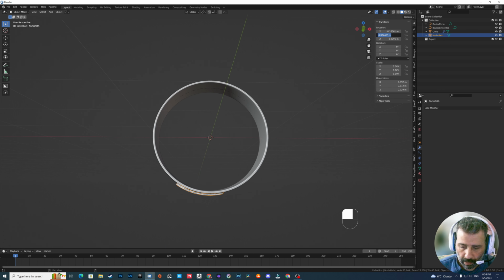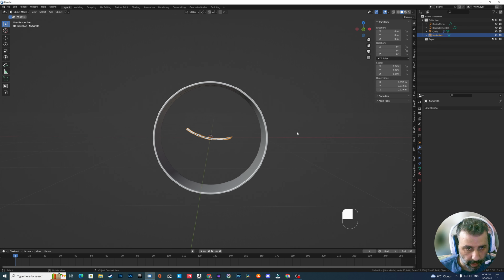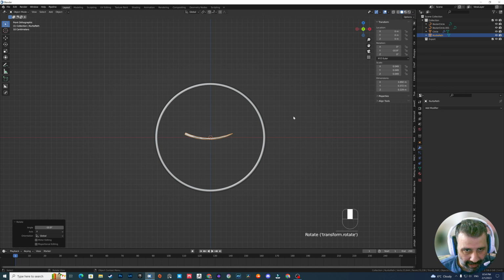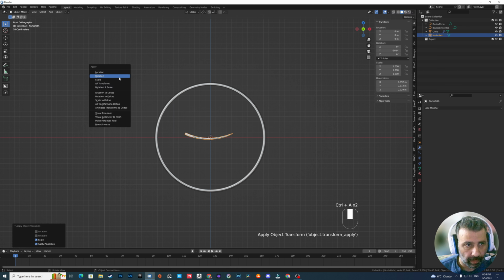Set to 0, 0, and 0. We need to try to rotate to the y-axis to make it something like this maybe. Then apply scale, rotation, and location.